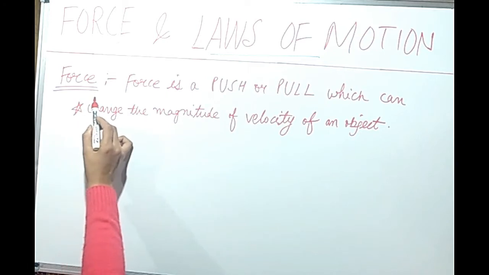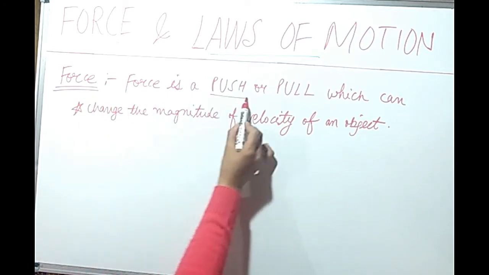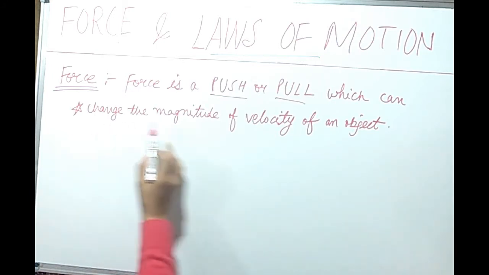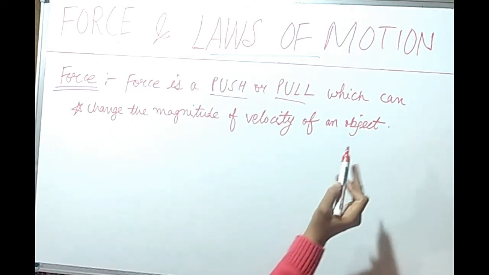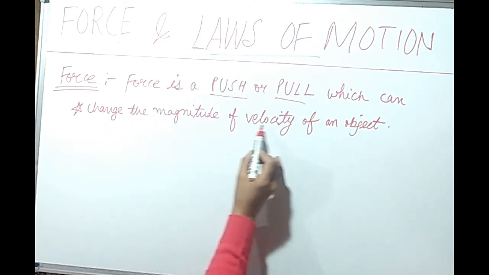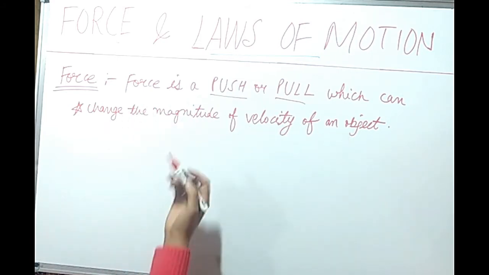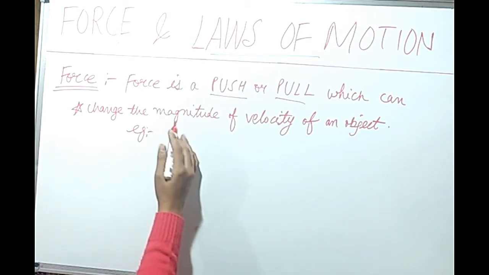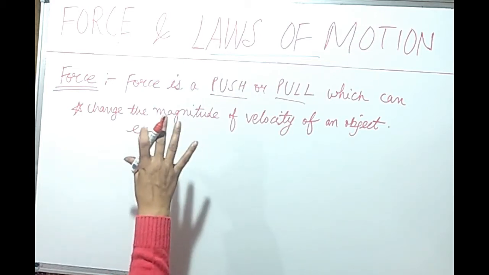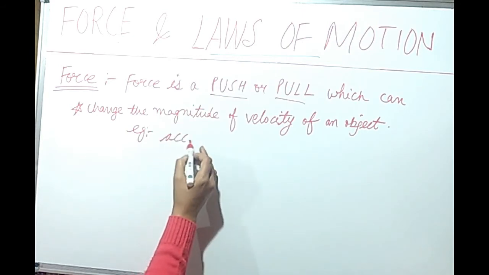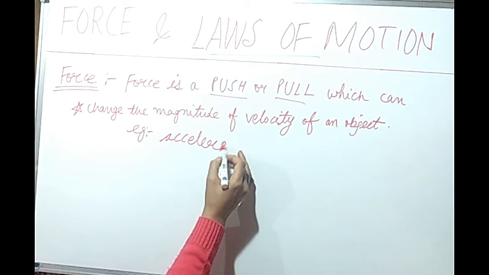The technical definition of force is a push or a pull which can change the magnitude of velocity of an object. What can force do? Force can change the magnitude of velocity of an object. How? For example, we want to accelerate the car. For that, we will press the accelerator. We are applying some effort and it will move faster. So, accelerating the car